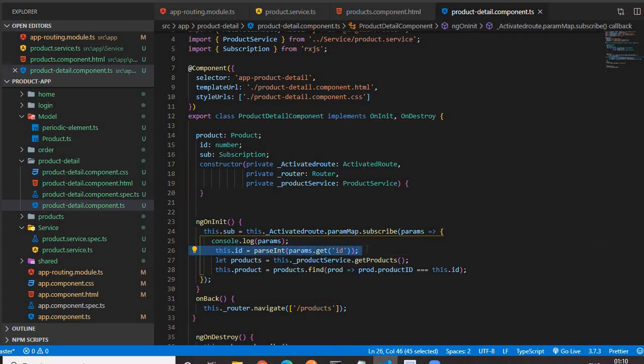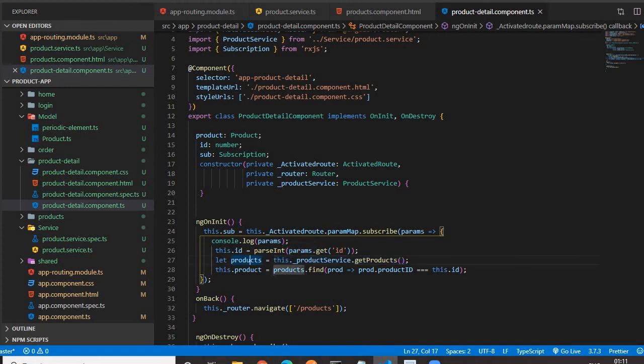The next step is we need to iterate the array of objects and extract the product corresponding to that ID. First of all, for iterating the array of objects, we need that array. How can we get the array of objects? By using the service function. That's why we have injected the service in the constructor. We'll access that service object, _productService, by using this._productService.getProducts. If you remember, this will return the array of products that will be assigned to my local variable products.